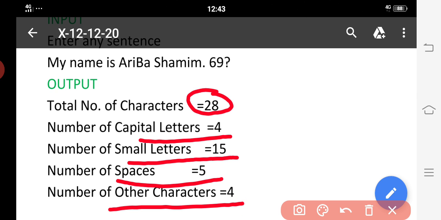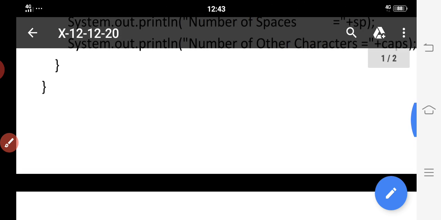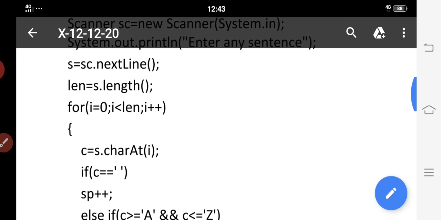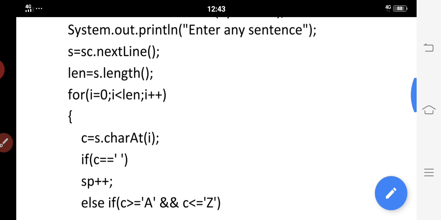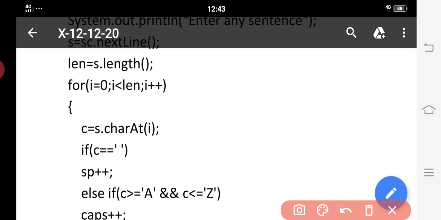So dear students, this is the way we can manipulate the string, how we can extract a character from the string, and how we can compare it with an alphabet, a space or any digit. So this is a program for string handling, in which charAt is very important, one function which takes one character out of the sentence. So this is i equal to 0, i less than len, i plus plus.